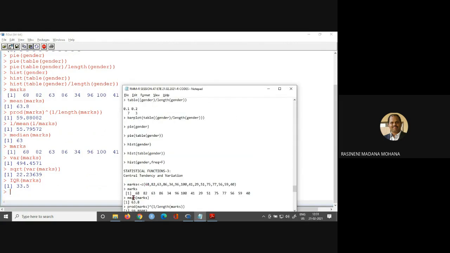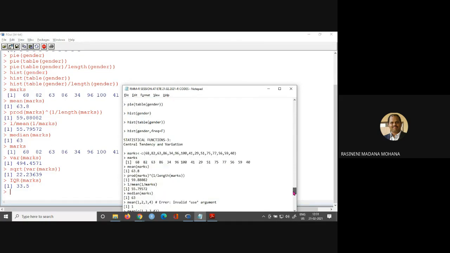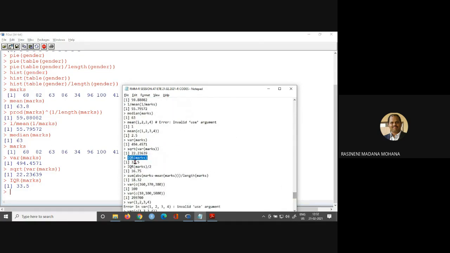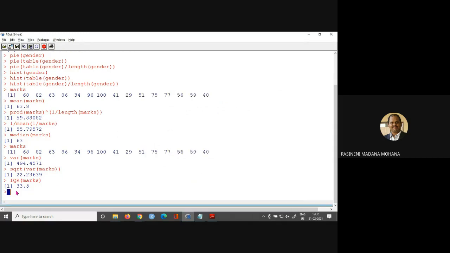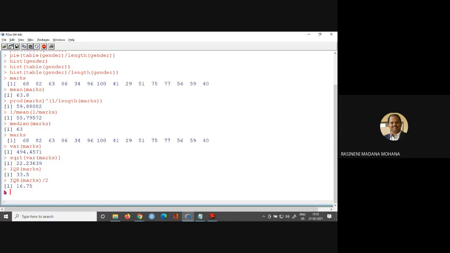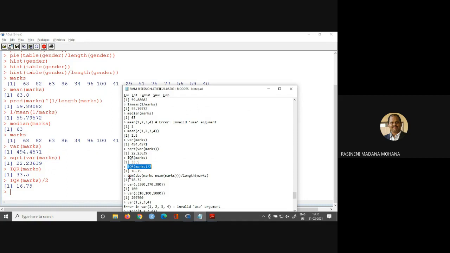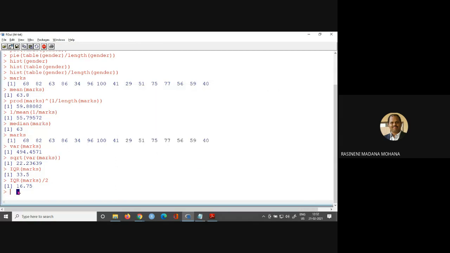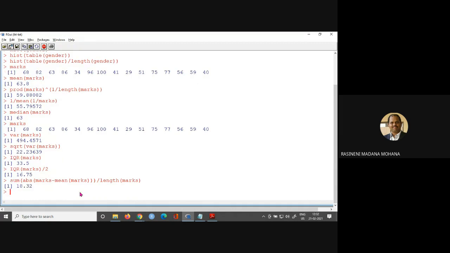So what are the others? Other than IQR, then quartile deviation: IQR of marks divided by 2, which gives the quartile deviation. Then another one, the sum of absolute values of marks minus mean of marks, divided by length of marks, which is the mean deviation.